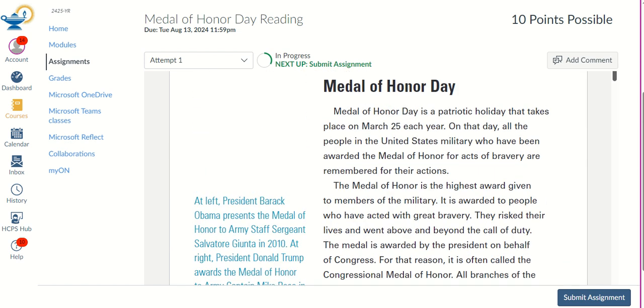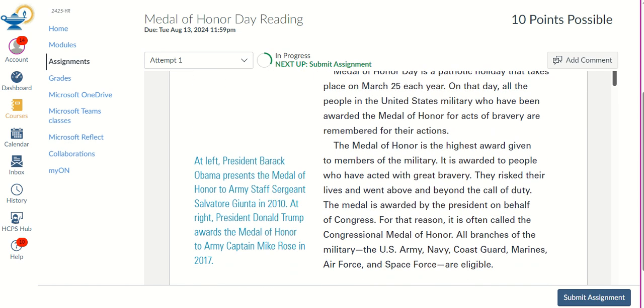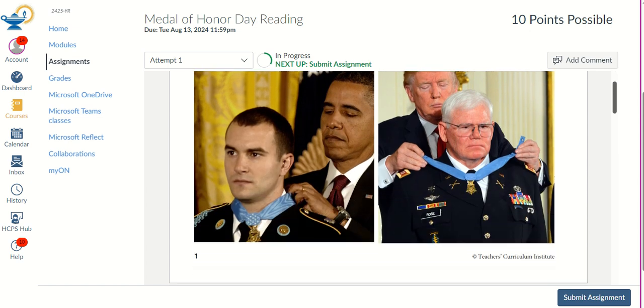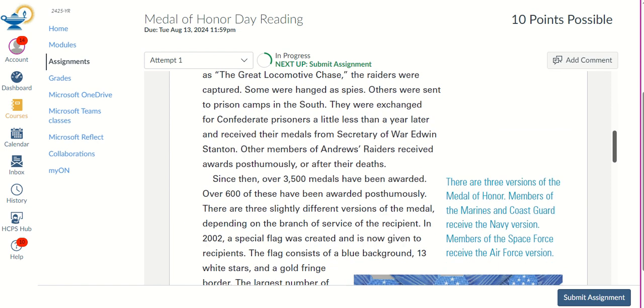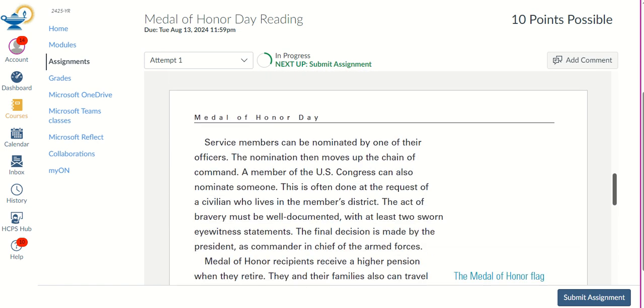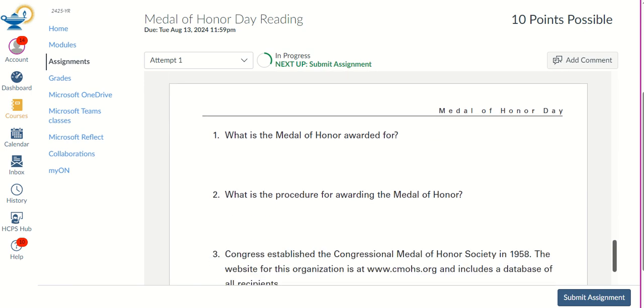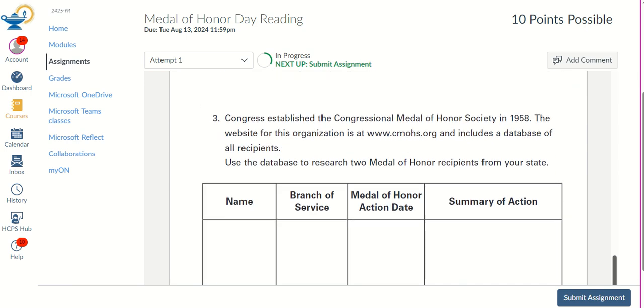You back up into the reading and you would find it. Again, you would highlight it or text mark, write it out. The question would be question number 1. So you go through, you read through about the Medal of Honor, and then you ask, what is the procedure for awarding it? Now, question number 3 here actually asks you to go to a separate web page,